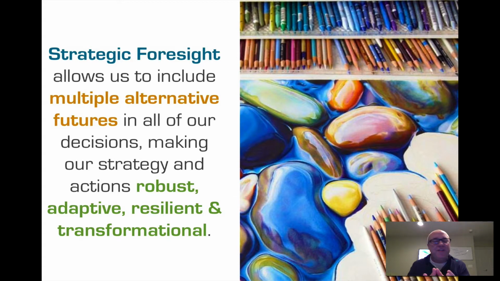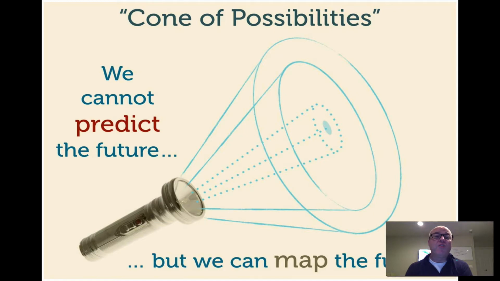And the more you think about this, the more you see these two slides so clearly, you will grasp the power of strategic foresight. If there's no other part of this presentation you get across, I really believe it's these two slides right here. They're so powerful. Go back and listen to what I just said on these two slides. Soak it in, and this will really help you to drive the power of strategic foresight for Walt Disney International and the entire organization, home to the leadership and to new future thinkers and new future team members. Let's go to the next slide, and this is the Cone of Possibilities.